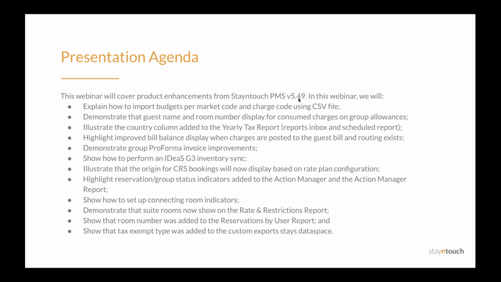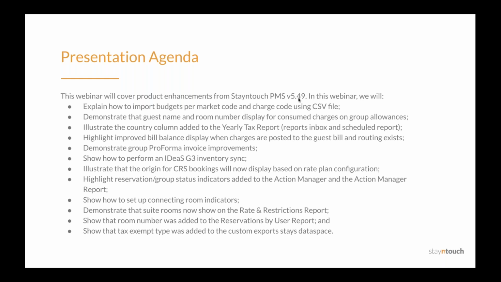highlight improved bill balance display when charges are posted to the guest bill and routing exists, demonstrate group Proforma invoice improvements, show how to perform an Ideas G3 inventory sync, illustrate that the origin for CRS bookings will now display based on rate plan configuration, highlight reservation and group status indicators added to the Action Manager and the Action Manager report, show how to set up connecting room indicators,